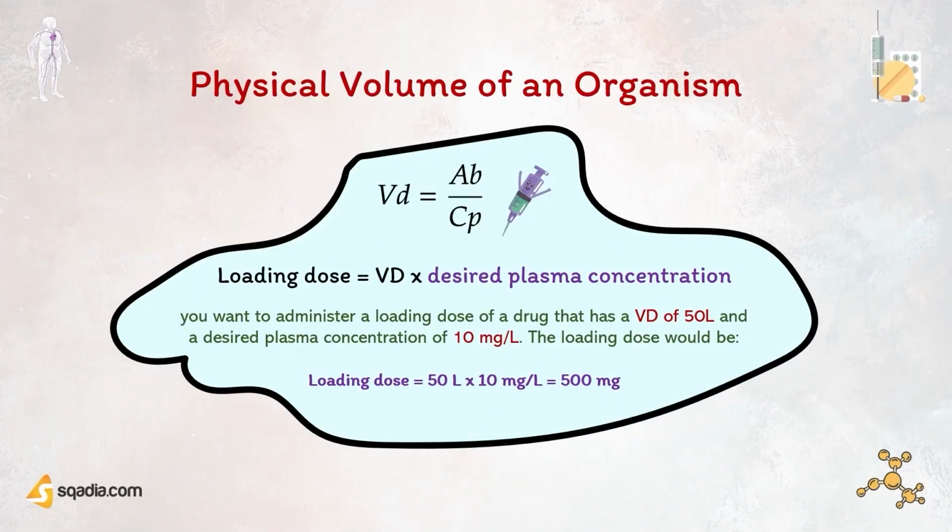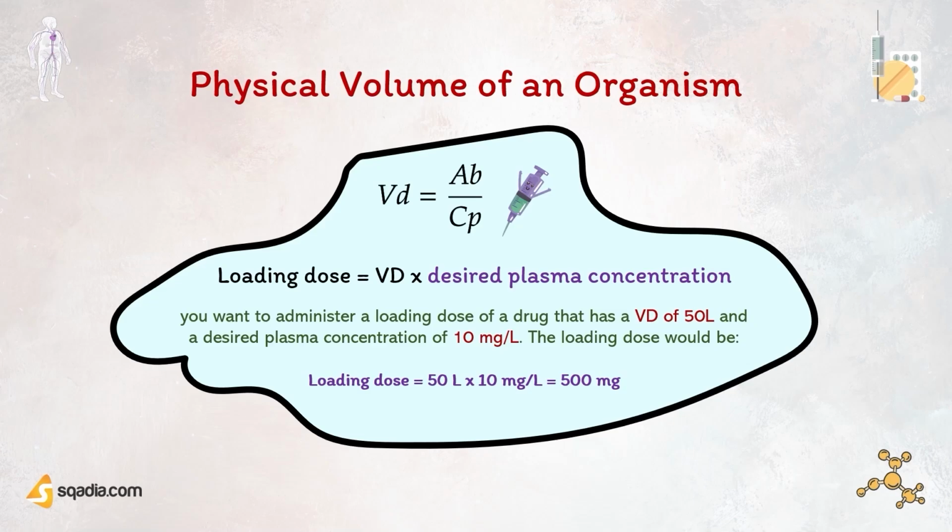Now we will discuss the factors that affect drug distribution. Number one is the physical volume of an organism. When you take a drug, it enters your body and interacts with your tissues. The different types of tissues in your body have different preferences for the drug, so the drug may accumulate in different parts of your body in different concentrations. The chemical properties of the drug also influence where it accumulates. Some drugs may accumulate in body fat,